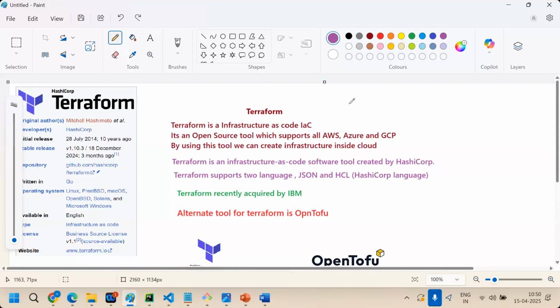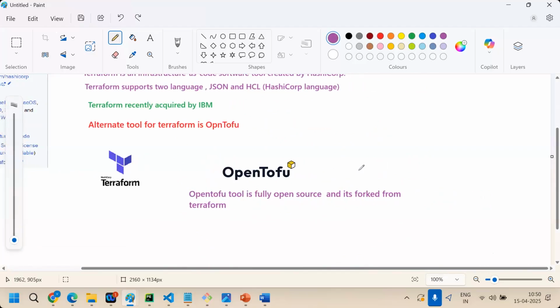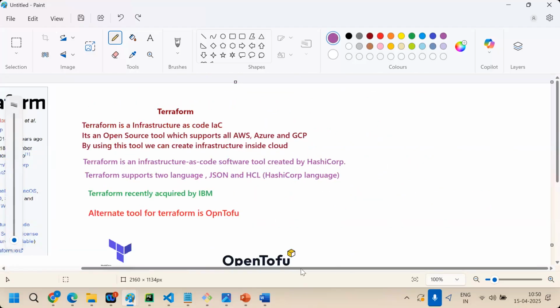So let's understand what Terraform is in a little more detail, and why Terraform is more popular.